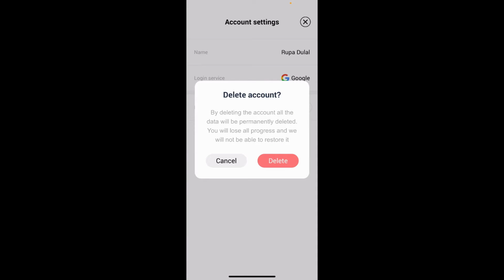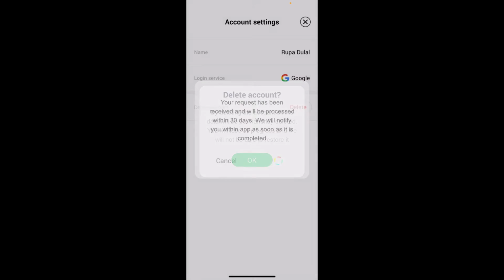the Account Settings menu. It'll tell you that by deleting your account, all of your data will be permanently deleted and you will lose all progress within the game. And you won't be able to restore it back again. So in order to confirm deletion, tap on Delete and wait for a few seconds and you will now receive